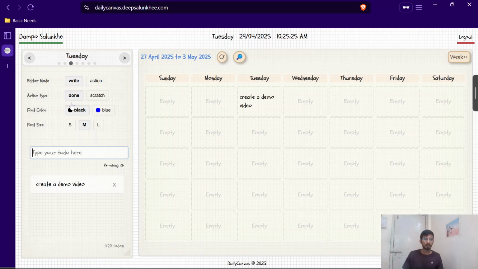So first, let's see write mode. In write mode, you have three font sizes, small, medium, and large. You can see here you have a limitation on what your task length should be. By default we have selected medium. If you go to small, the number of characters you can use is 42. For medium, it is 26, and for large, it is 12. So accordingly, you have to adjust,